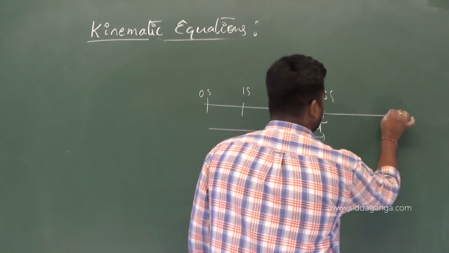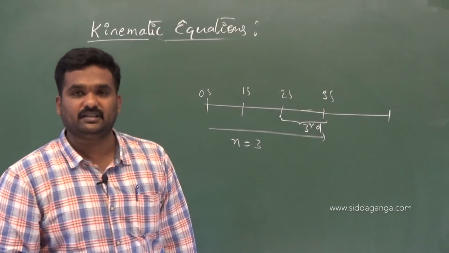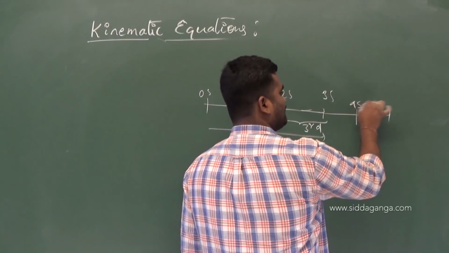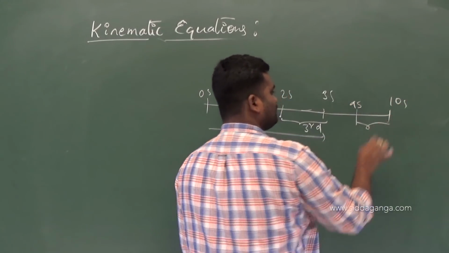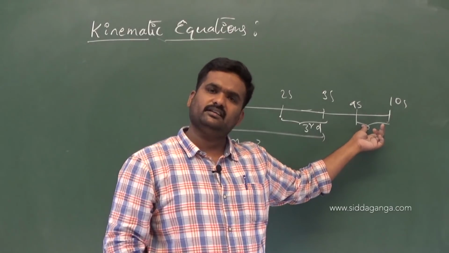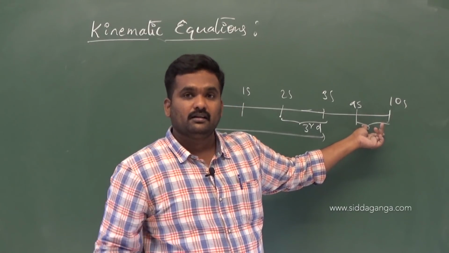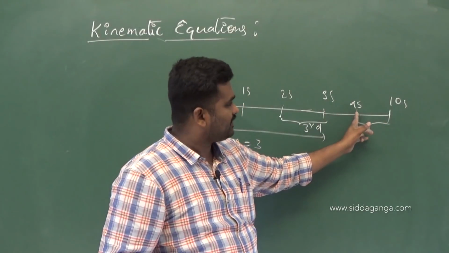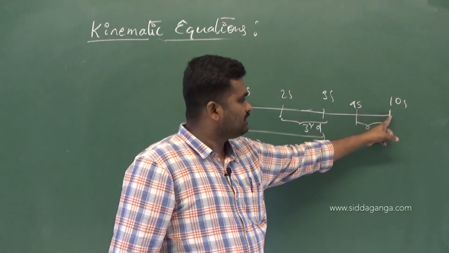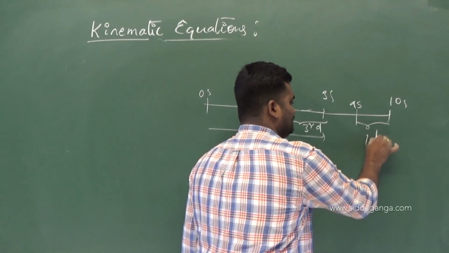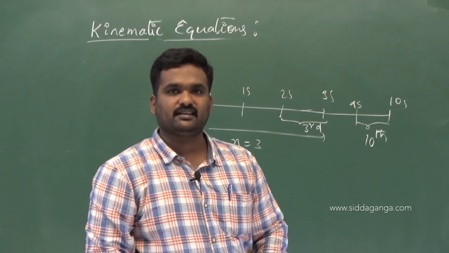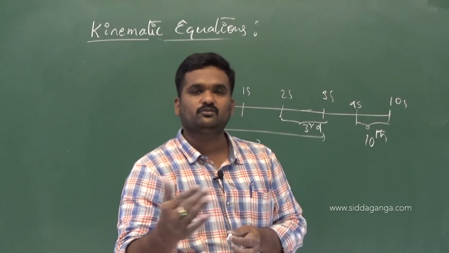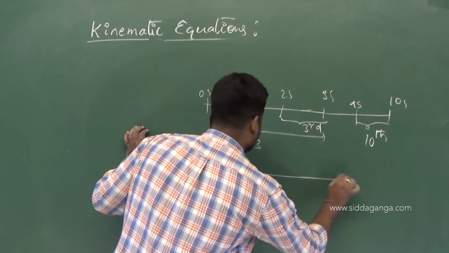If I mention the 10th second, what is the meaning? The 10th second is from 9 seconds completed already to 10 seconds, that 1 second gap. Don't think that the 10th second is from 10 up to 11. 10 to 11 is the 11th. 9 is already completed. The 10th started after completion of 9, till 10. That's the meaning. Remember this: when I am talking about the nth second, it has completed n minus 1 and is moving towards n. Now come back to the actual point.